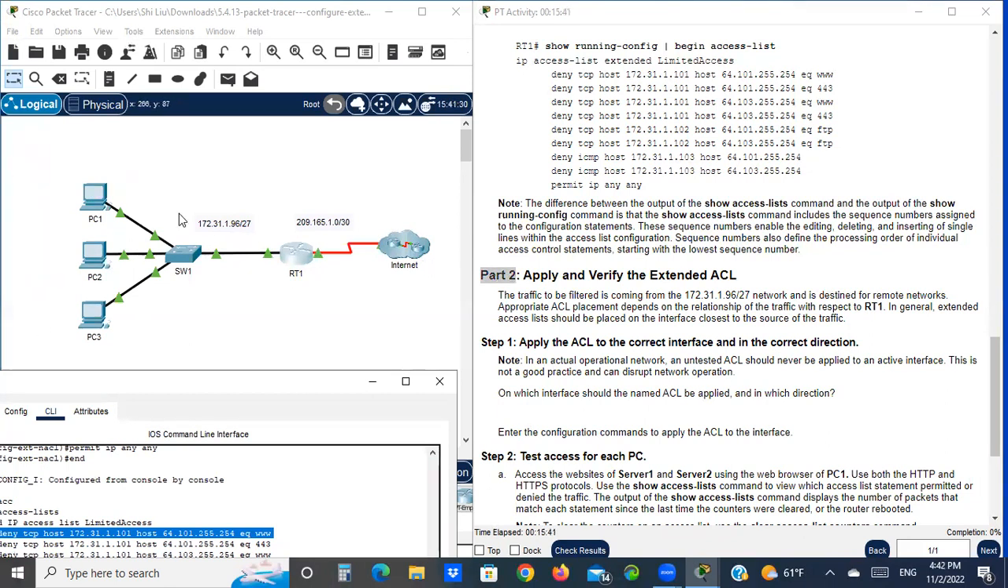Okay, this is the source, this is the destination. Appropriate ACL placement depends on the relationship of the traffic with respect to RT1. In general, an extended access list should be placed on the interface closest to the source of the traffic. So this is the source of the traffic, so on router RT1, this interface